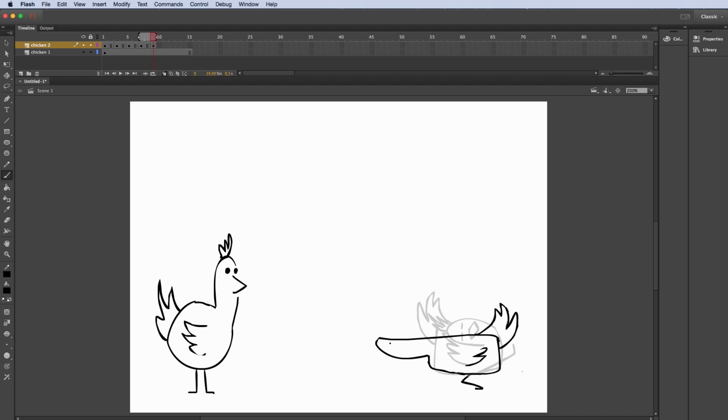That looks okay. So let me now just put in a little bit more of a curve here. Okay, so let me put in his closed eyes here. And at the top of the head, the feathers. All right, so now that leg that was kicking up into the air, it's still going to be up in the air.